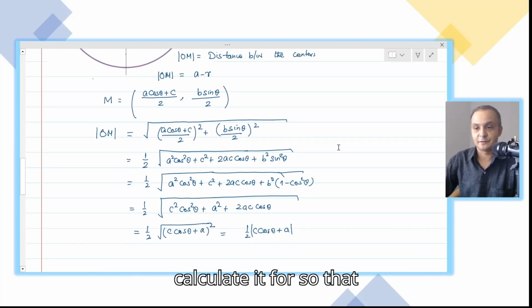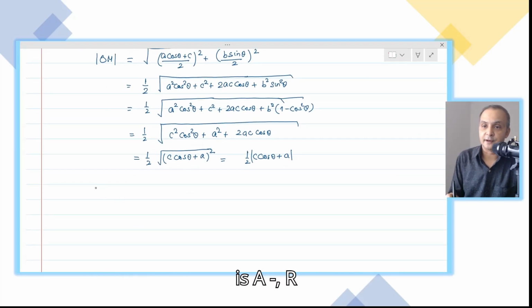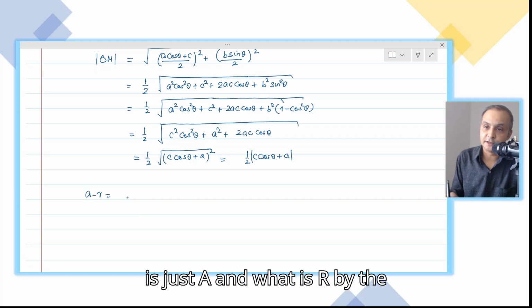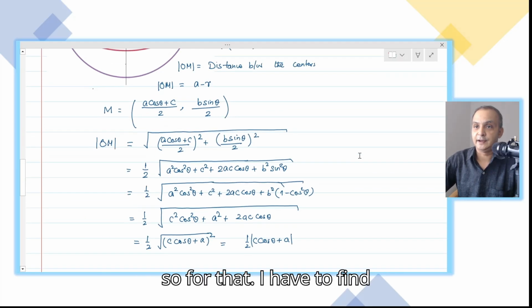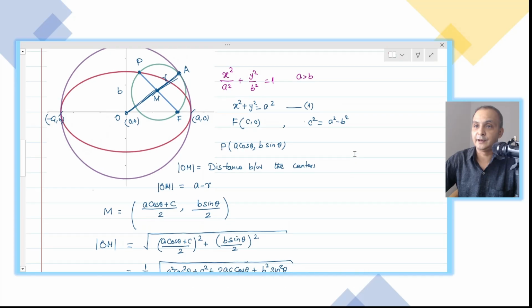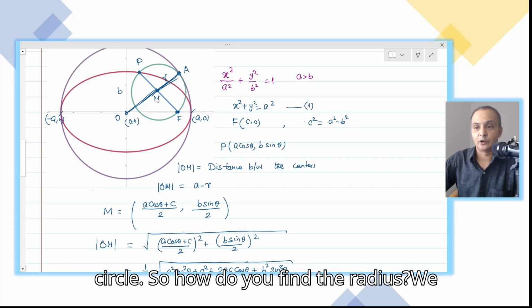So how do we get that same distance? Let's calculate it. That is A minus R, which is just A minus R, and what is R, by the way? So let me first calculate R. For that I have to find out the radius of this circle. How do we find the radius?